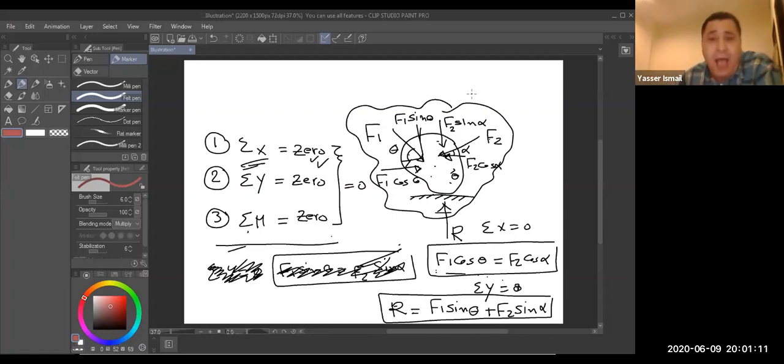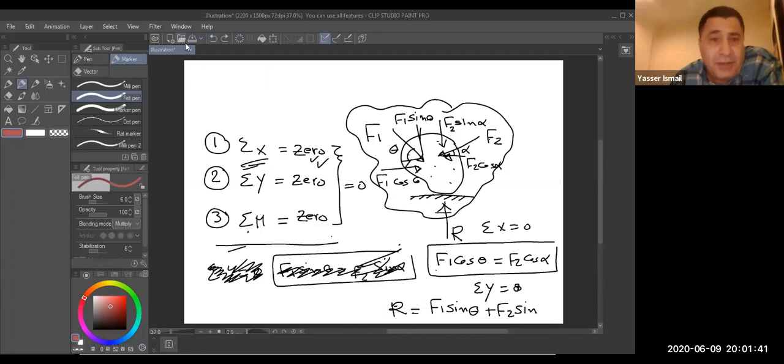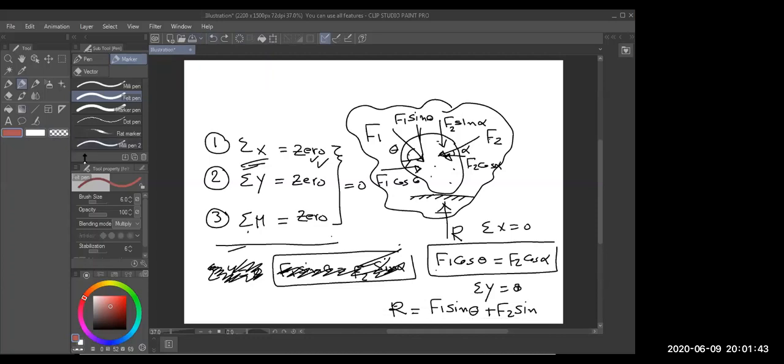This is what I'm giving you now: what equilibrium means and what the equilibrium equations mean. We have the equilibrium equations, three equations. We have equilibrium states, meaning all the equations should be 0. Okay, let us go for the second part. Let us go for another part from structure analysis. Let us erase this one.